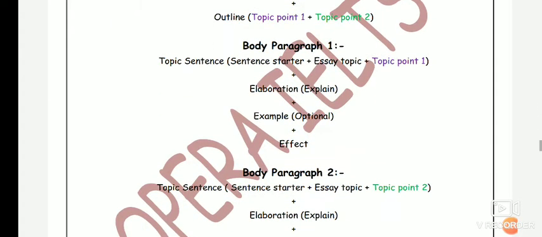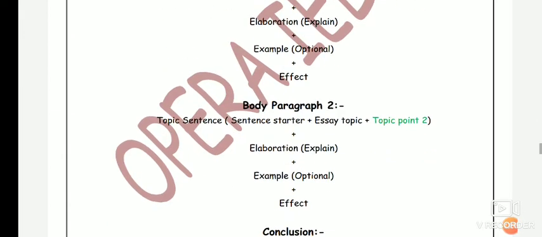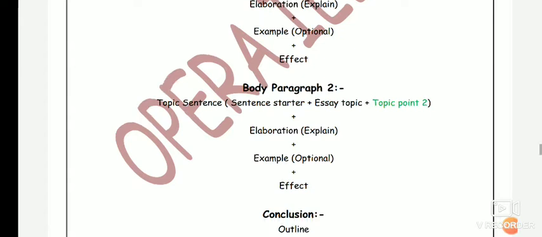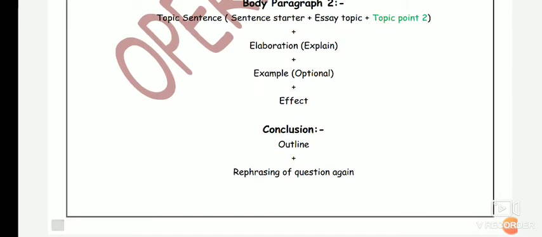Then is body paragraph 1, which is the first part of the movie. Body paragraph 2, which is the second part of the movie, before interval and after interval. Then in the conclusion, when we come out of the theater after watching the movie, we usually give a review about what the movie was, or what type of movie this is. Okay, at that moment it is a kind of conclusion, meaning we are giving our feedback.